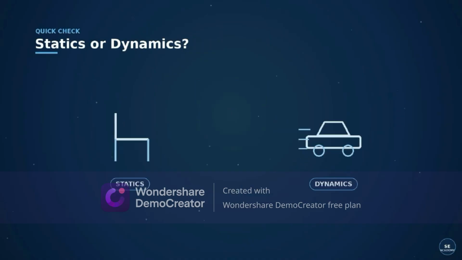So here is a quick check. A chair standing still is statics, because every force on it is balanced. Another one is a car speeding down the road. That's dynamics. From there, we are done with the first section, which is just the introduction to statics. So let's go to the